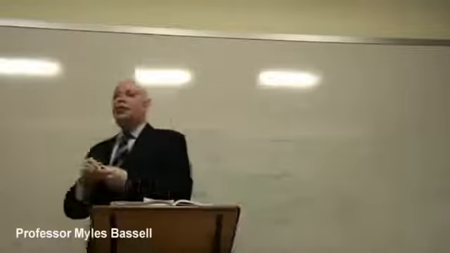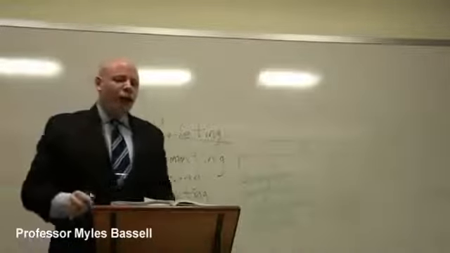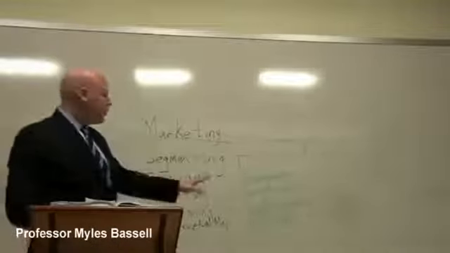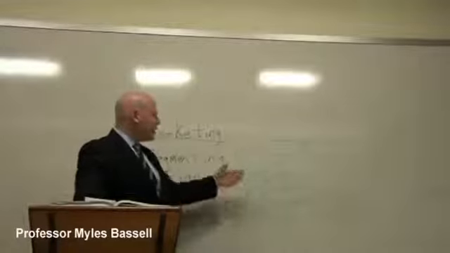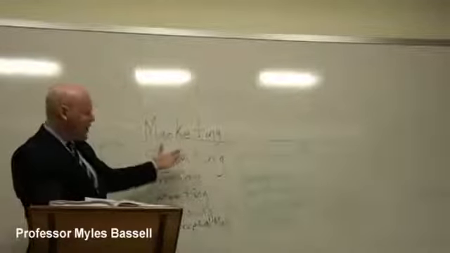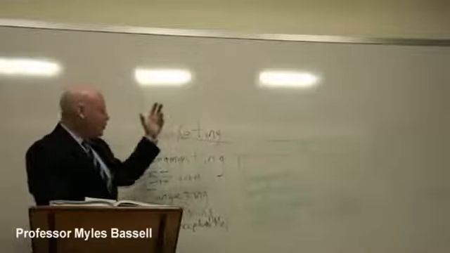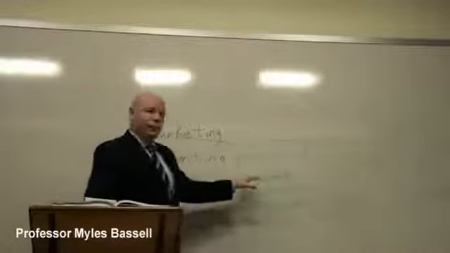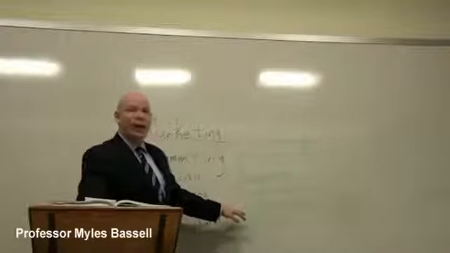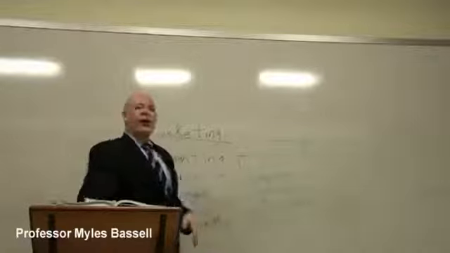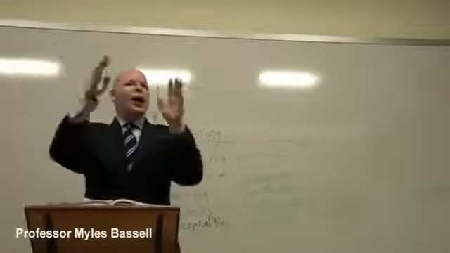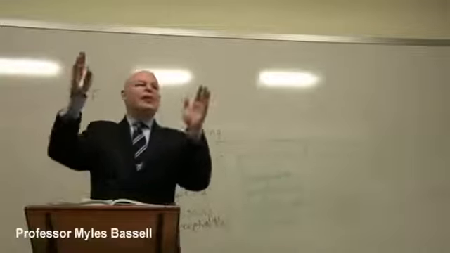Alright, so I'm going to tell you what each of those are, and then we're going to look at some examples. So what I've just shared with you is that some of the ways that we could segment a market, we said that means dividing a market into submarkets or segments, is demographic, geographic, psychographic, and behavioral.